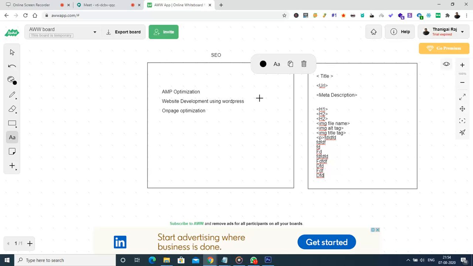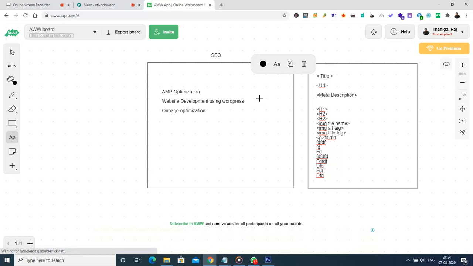The paragraph tag is all about the text. Whatever text is available on the website will be in the paragraph tag only.